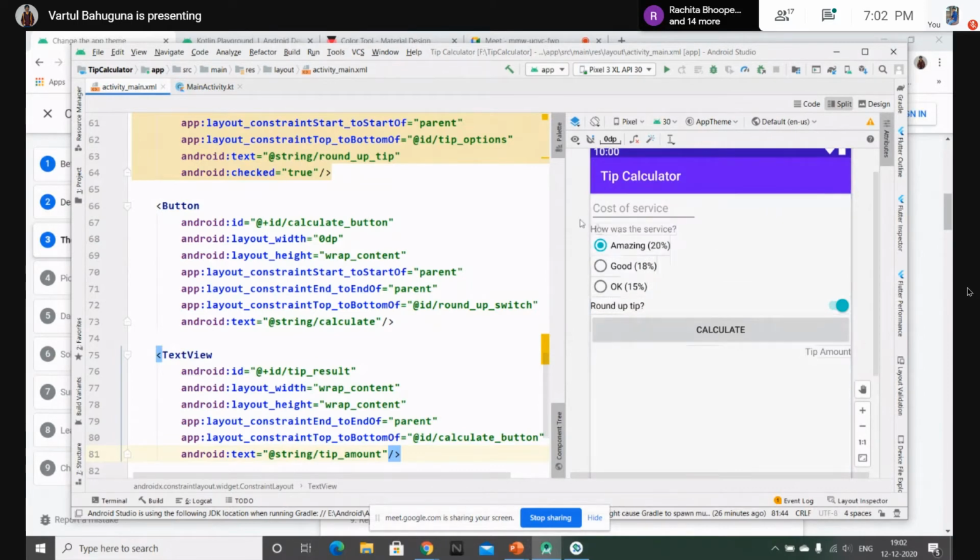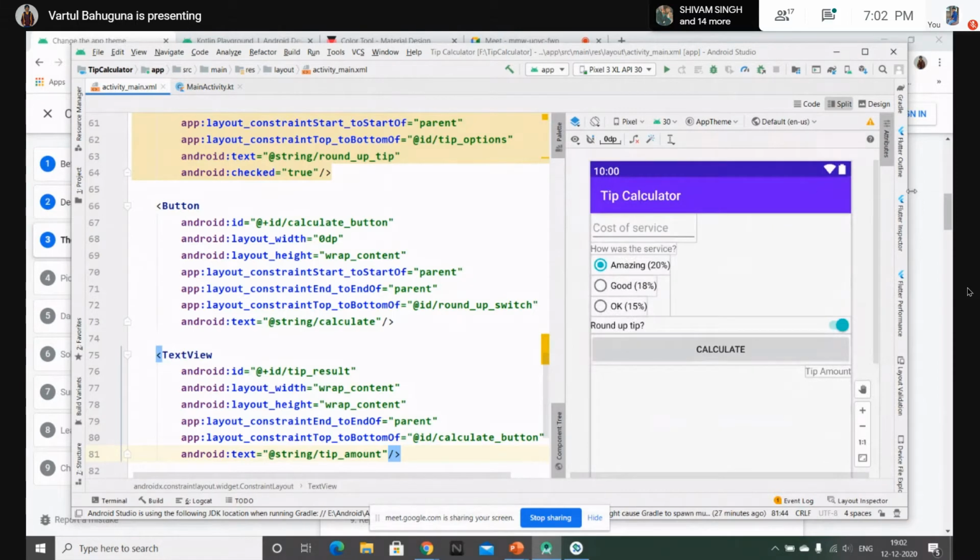So what are the guidelines for the color of our app? The status bar color is usually color primary dark, and the app bar is color primary light.